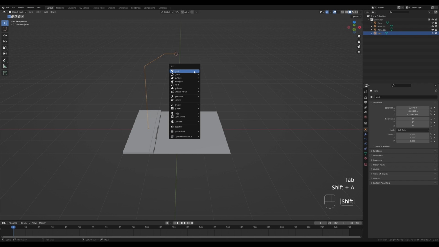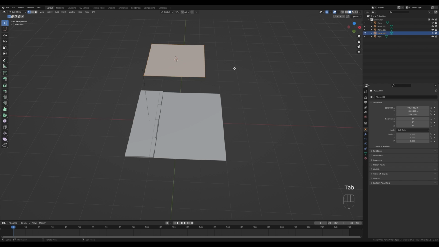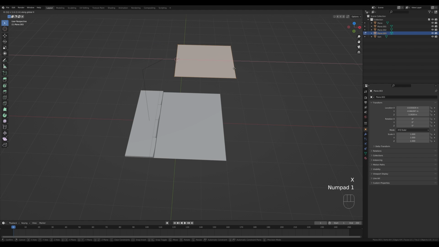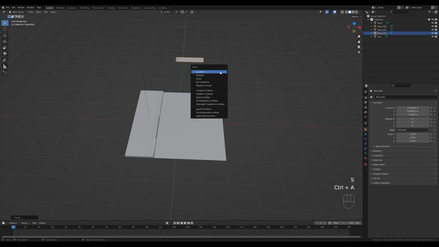Now tab out and let's press Shift A and we'll add a plane. We'll create a lamp here. So we can tab in, press G then X and move this 1 meter to the side and confirm. And now we can press S then Y and make it smaller like this. And since the origin point stayed there, we can just tab out, scale this down, press Ctrl A and apply